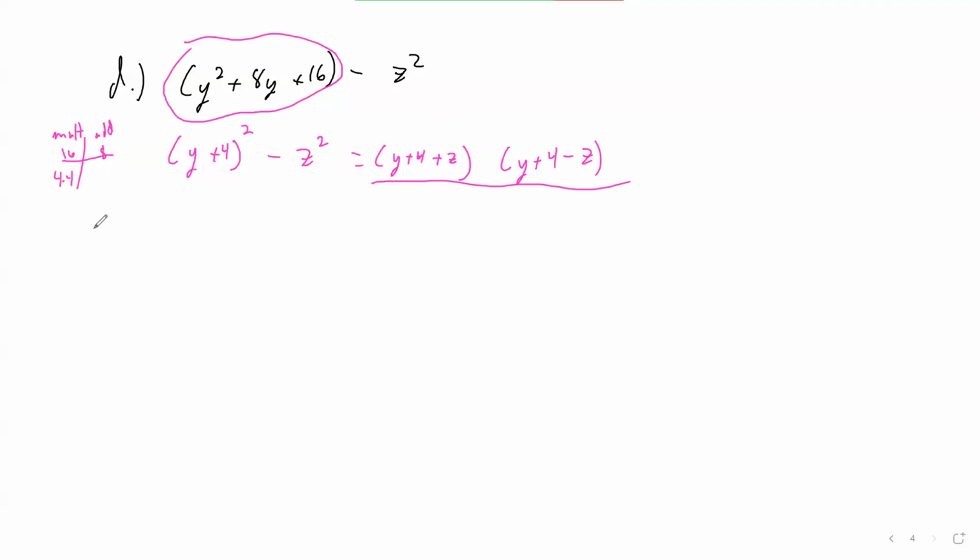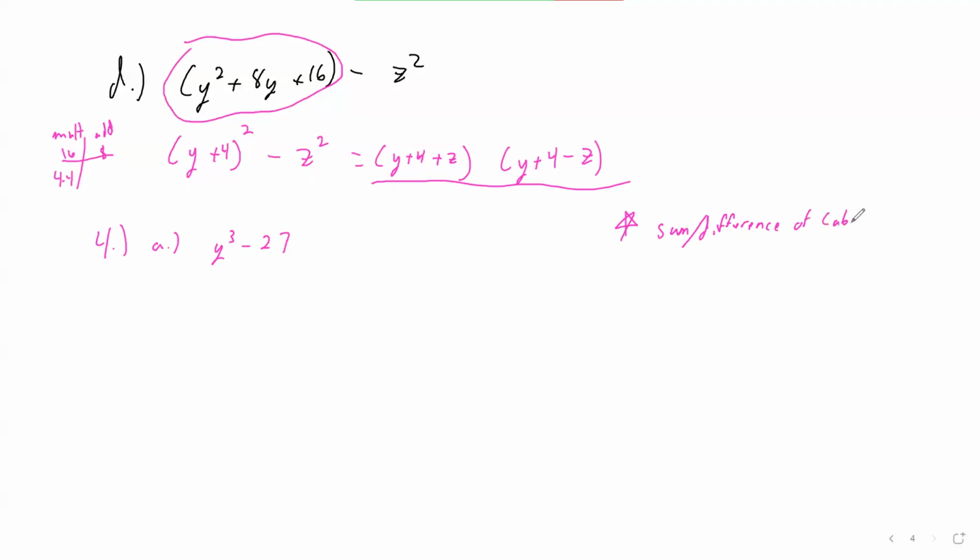All right, let's look at some more. For A is y cubed minus 27. So this is called a sum and difference of cubes. So this one, I don't have a trick for this one. So this one you're going to have to memorize. But sum and difference